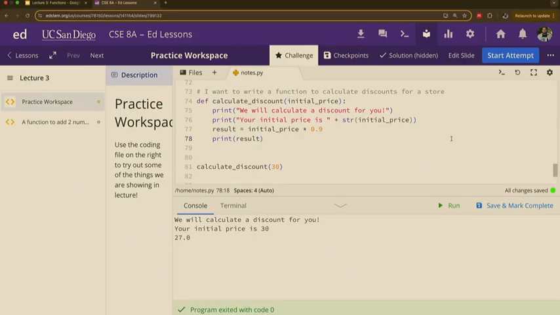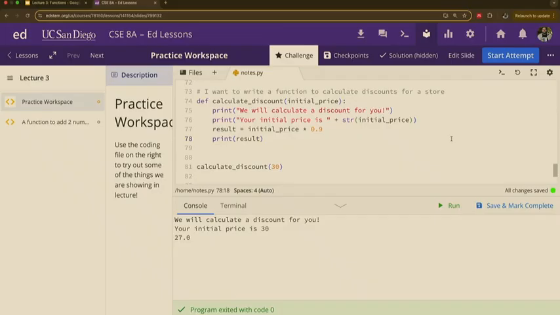The first thing we did is, we will calculate a discount for you. Awesome. Now, your initial price is whatever the initial price was, this initial price, 30. Then we calculate that 10% discount, 0.9. Since we calculated 0.9, we put it into the result, and now we're just printing out the result. And we're saying 27. Okay? Does that make sense so far to everybody?